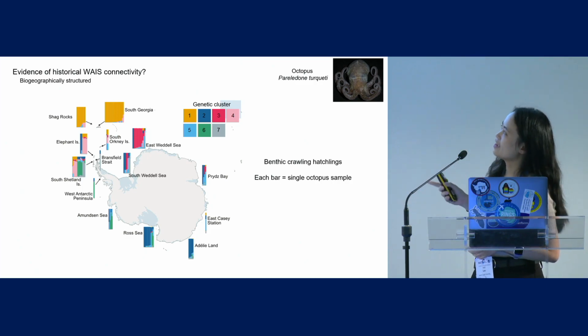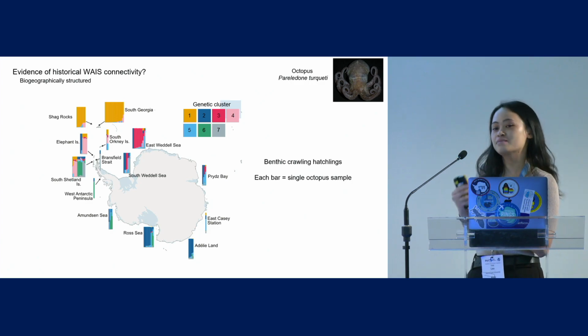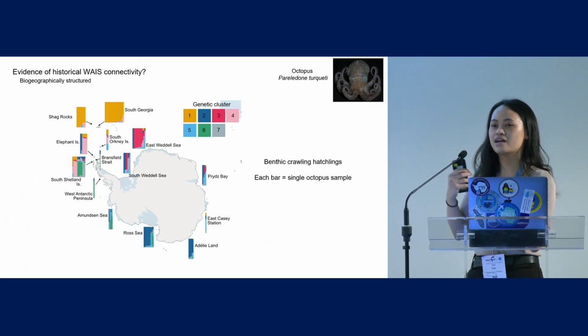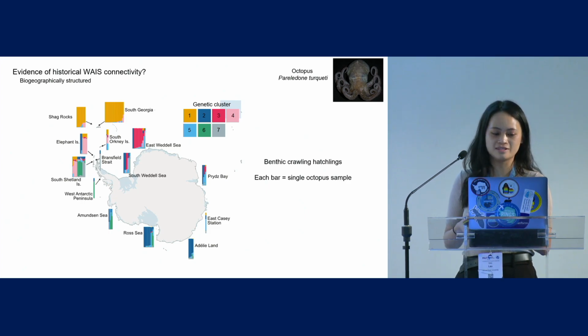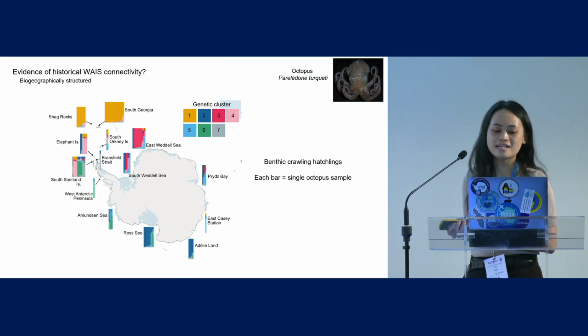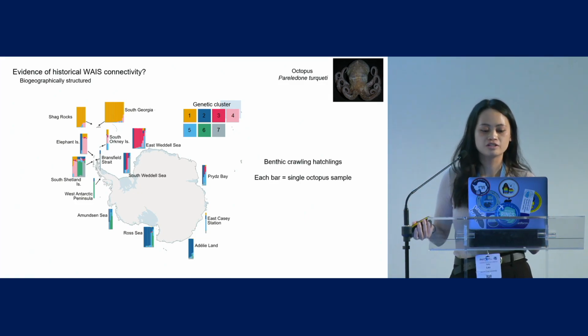So each bar here is a single sample. Each color is a genetic cluster. If there's more than one color in a single sample, that means that this sample has ancestry of multiple genetic clusters. Because not all the locations have the same color, you can see red in Weddell and blue in Ross and Dealey Land, which is a good thing because it means that this species is biogeographically structured, and